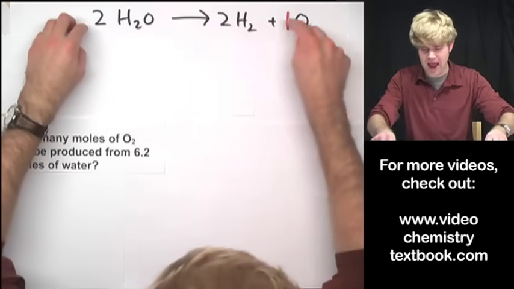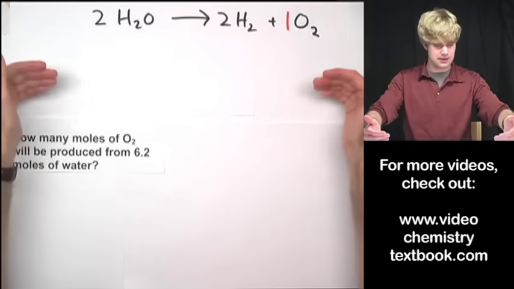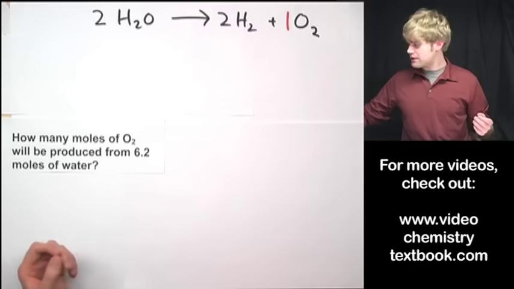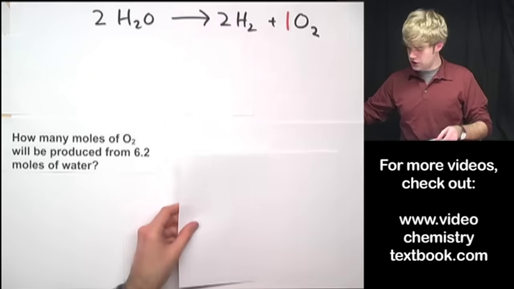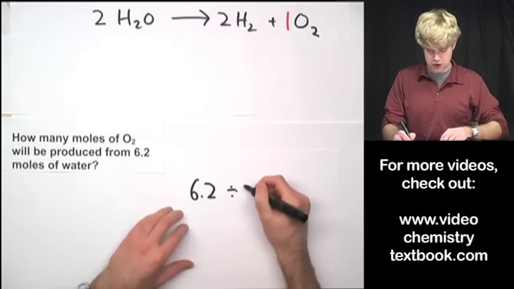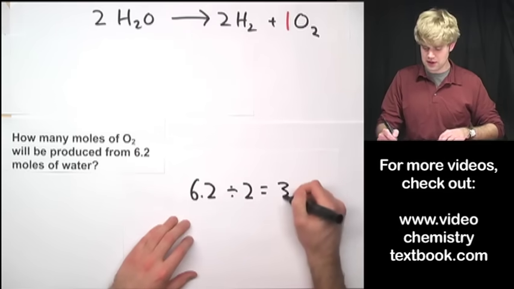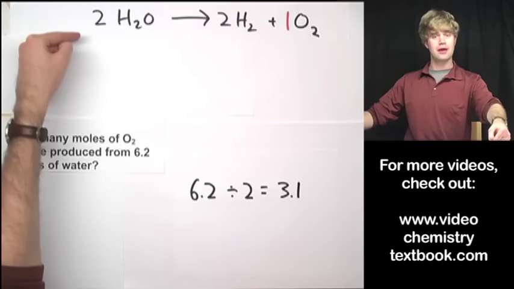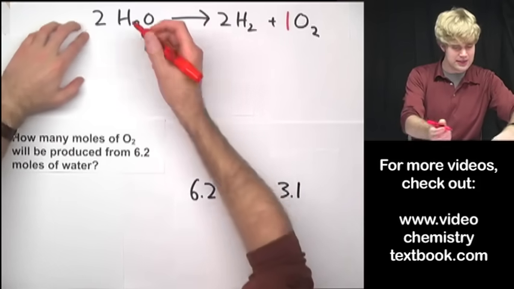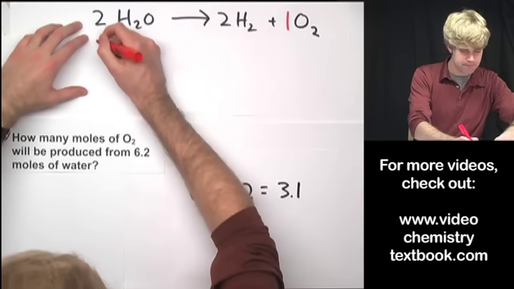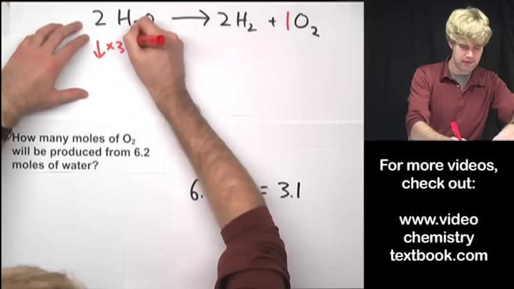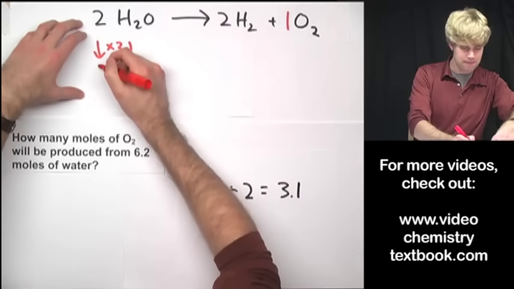We have to multiply everything in this equation by something that's going to get us 6.2 moles of water. We can figure this out a couple ways. First thing I can do is 6.2 divided by 2, and that gives me 3.1. That gives me the factor. What I mean by that is that we take each one of these numbers and we multiply it times 3.1. 2 times 3.1,